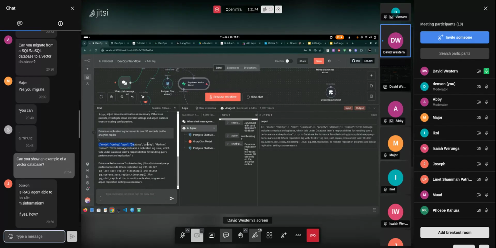The mode routing, database priority, medium, reason: it gets a replication lag issue, which falls under the database team's responsibility for handling query performance and replication. Then for database performance and troubleshooting, it's able to give you information about how in-house you have previously tried to handle these issues. Okay, then at least by this you have that basis to be in a better position